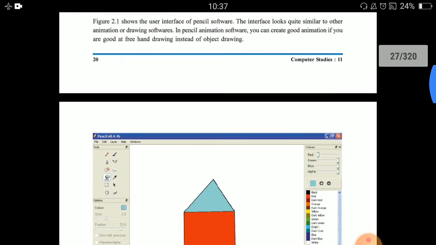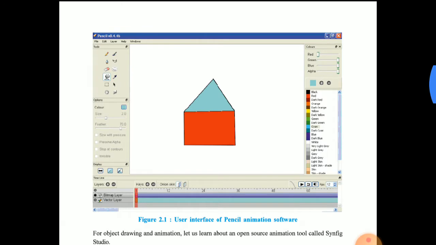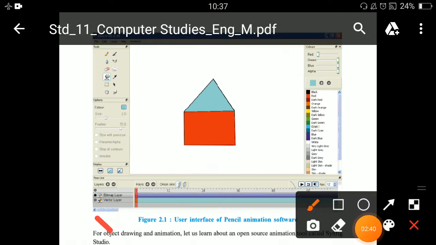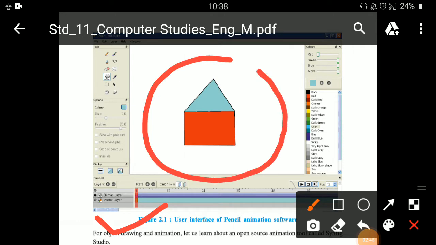Here just consider this figure 2.1. Here with the use of the pencil one picture is drawn. So pencil is a 2D animation software.